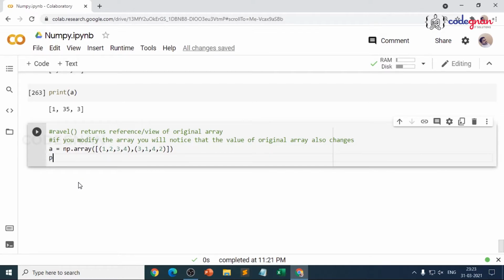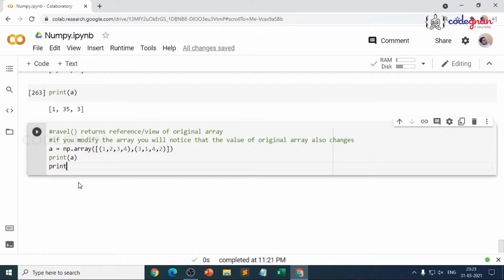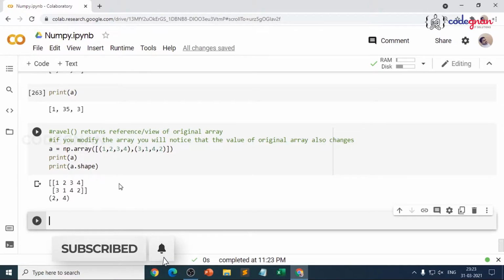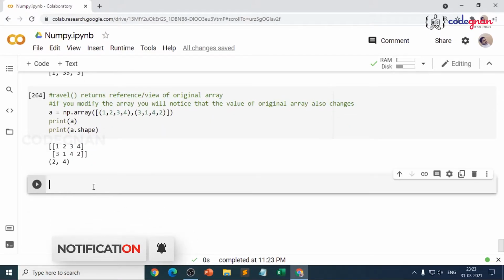And if you want to print A, and even check its shape, you just give A.shape. So print of A and A.shape: 2 rows, 4 columns, as I clearly mentioned. Very good. But now what you'll try to do is pass B is equal to A.ravel.